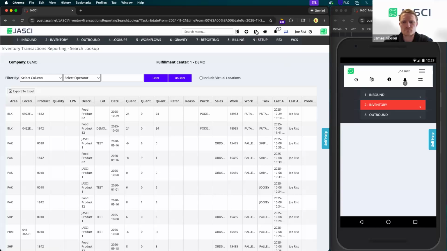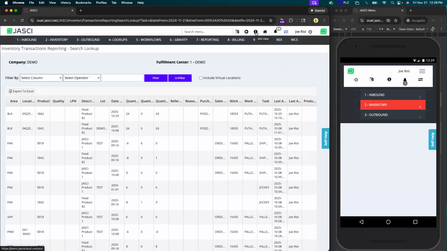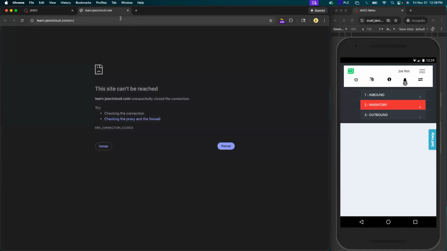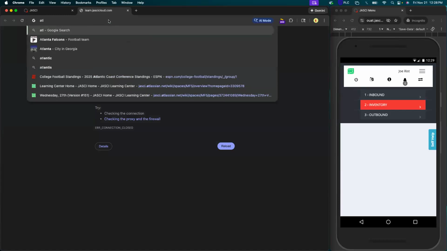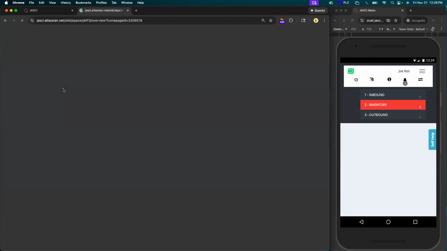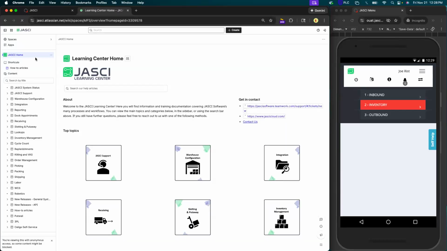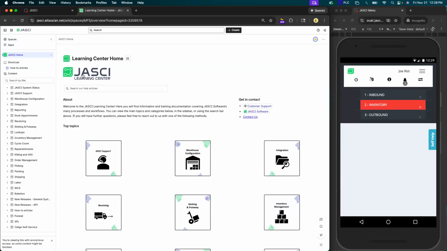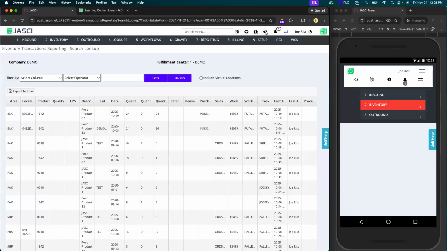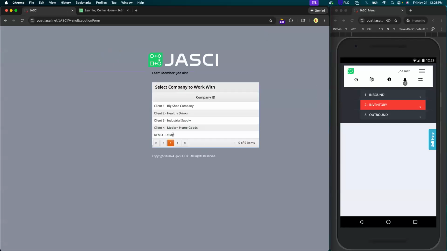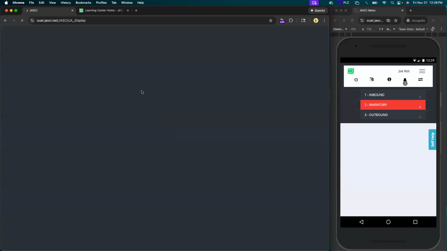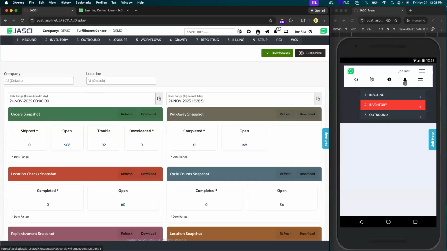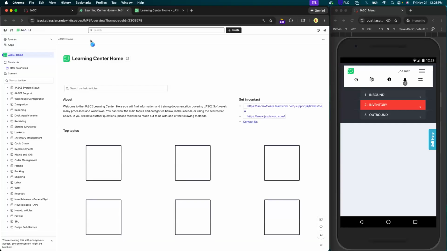We also have the online learning center with this info help button. So when you click that, I apologize about that. We're going to go to our learning center. I'll have to check on why that link doesn't work for me. Actually, I think it's because that was from the lookup. Let me go back into our company. So you'll see here when you click the info help button, this is going to bring you right to our